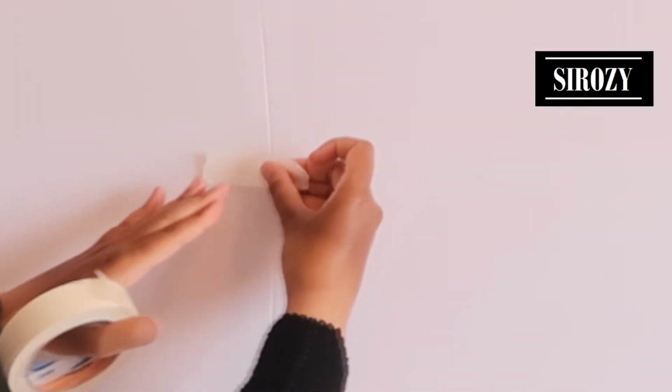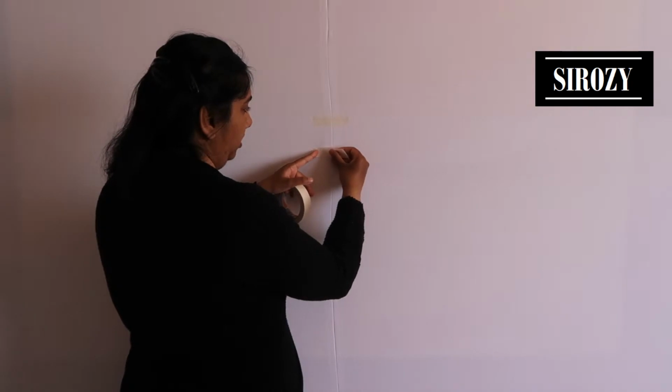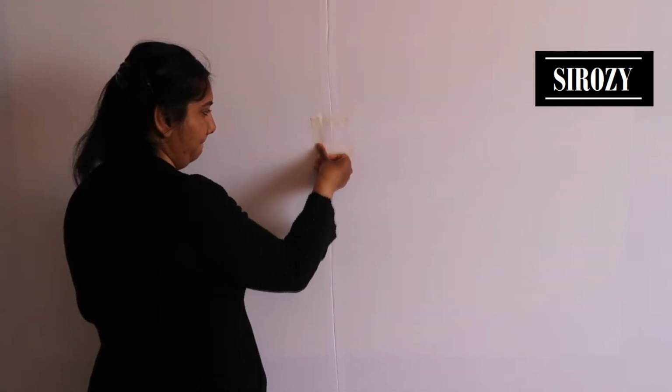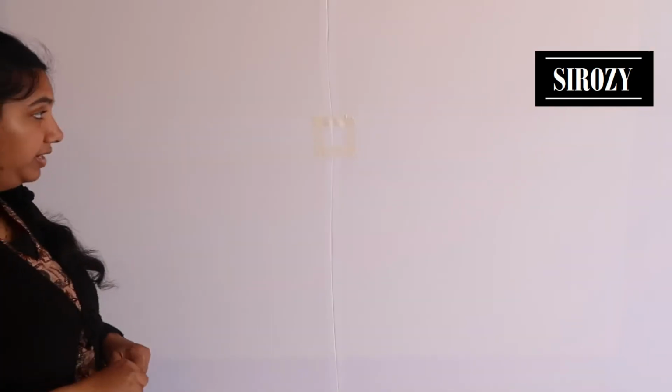So now we are near our wall. Here we'll hang the construction. I took masking tape and I'll take pieces of 5 centimeters and I'll paste it on the wall. I'll make a small square here. And here again in the middle,